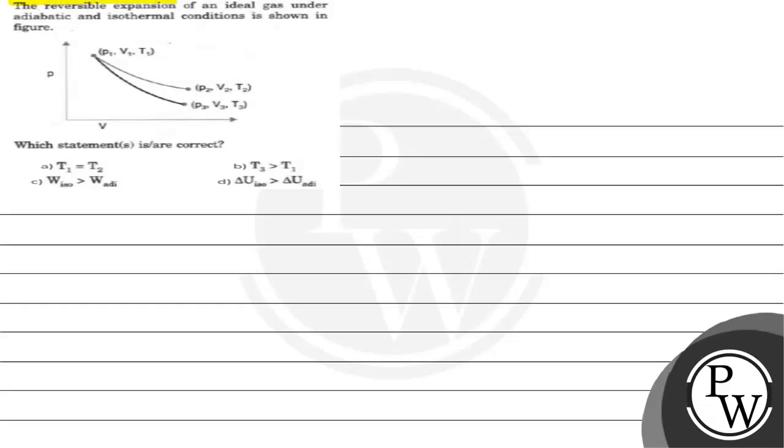The reversible expansion of an ideal gas under adiabatic and isothermal conditions is shown in the figure. This is the PV plot given, and which statement is correct? And the following options are given to us. The key concept of this question is